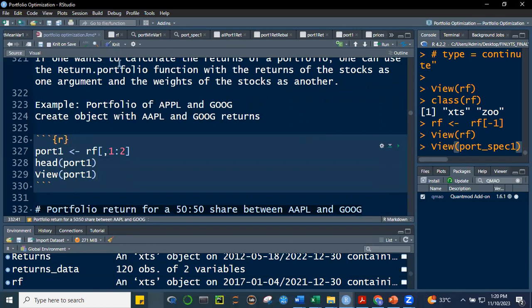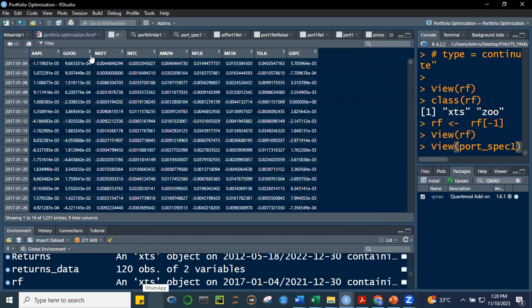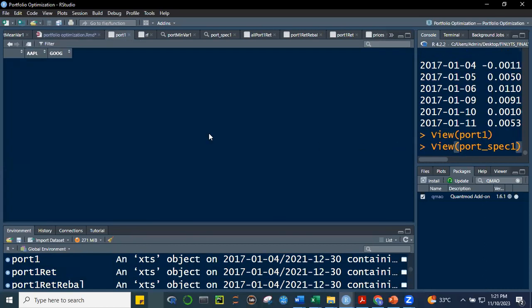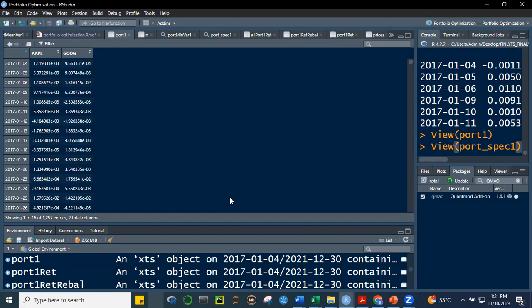Let's just subset our RF object. Here is our RF object, and let's have this portfolio consisting only of Apple and Google. All right. So let's create this object port one. Okay. So kindly just write this. This is coming from your RF object, and we're just subsetting the first two columns. And if we run this, all right. So this is now our port one object, portfolio one object consisting of Apple and Google and their